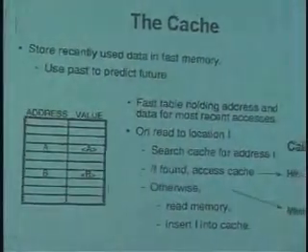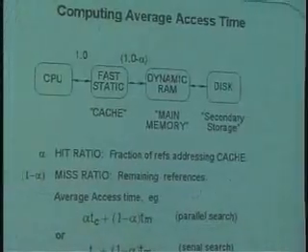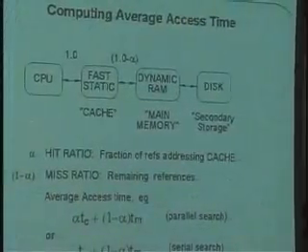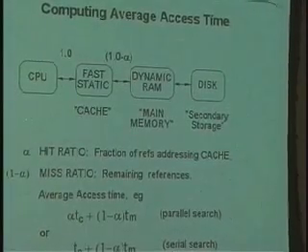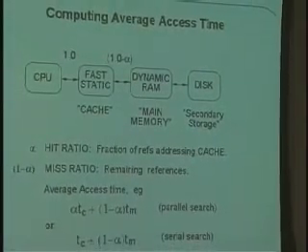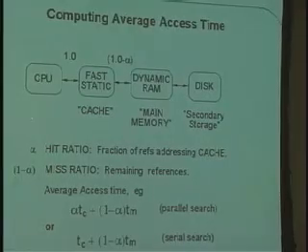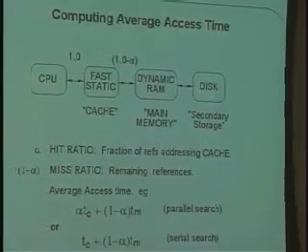Okay, so you get a little bit of an idea of what the cache might be like. Now, how does the cache make things faster? Some of the time you get a cache hit, and that's good, because you don't have to go all the way to the slow memory. And some of the time you get a cache miss, and that sucks because it means you have to incur